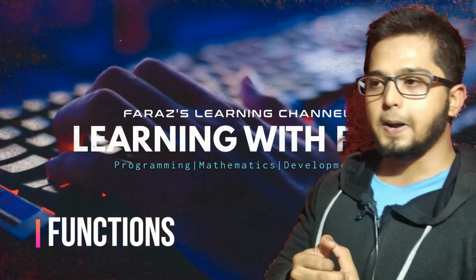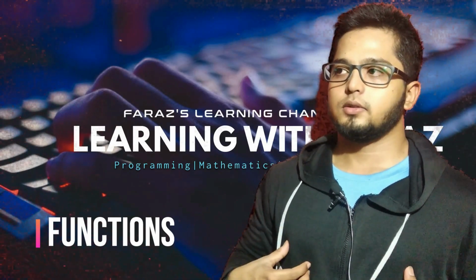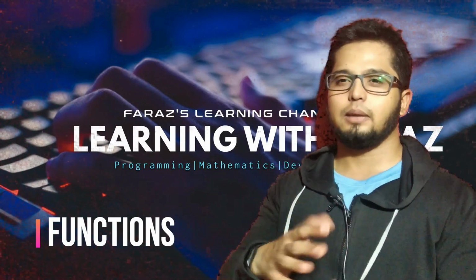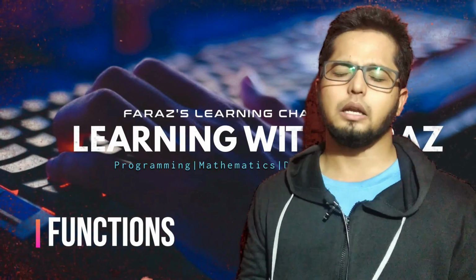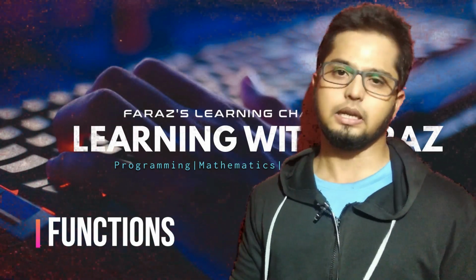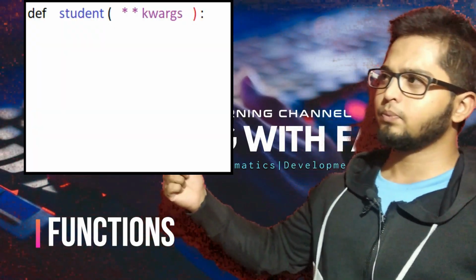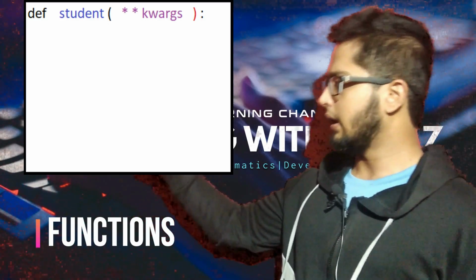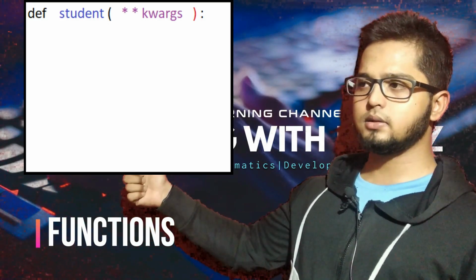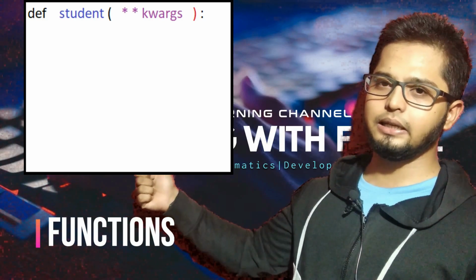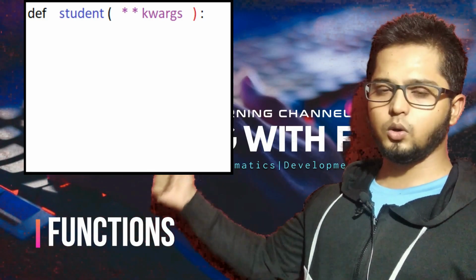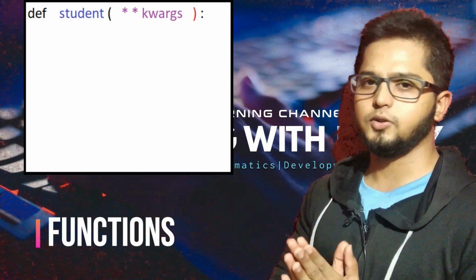See here. What I want is I am taking the username and anything. I am taking any values. You can take any number of values. Again, I will say, I am writing def student. I will open the parenthesis. I will put 2 stars. I will write any name. I am writing keyword arguments. Close it. Colon. Now come inside the function.